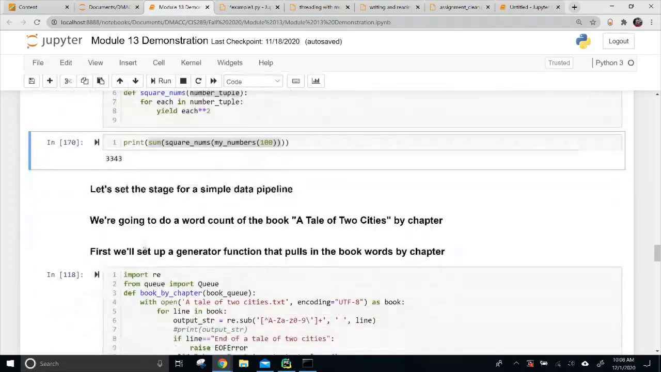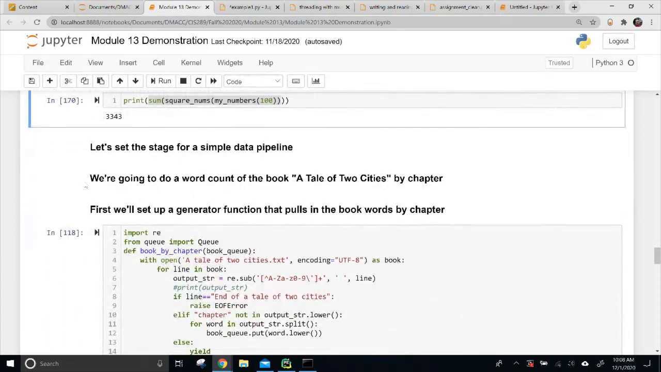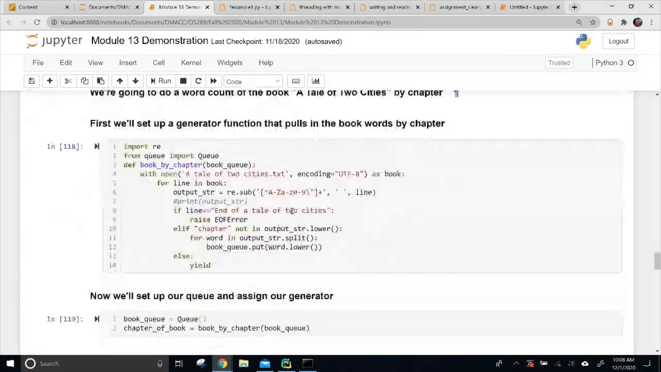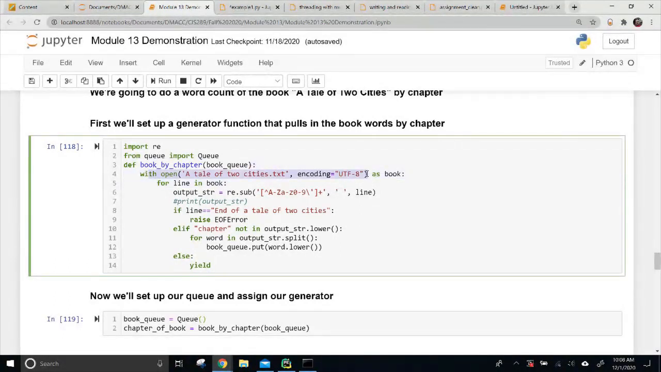Okay, so this is the data pipeline part. This is the last topic, and this is kind of setting the stage for the last assignment this week. So I'm going to step through and do simpler and work my way to more complex. I'm going to use a generator function here just so I can tie it in with the previous topic. What that generator does is it opens a Tale of Two Cities text file that I have in the same directory as my program,